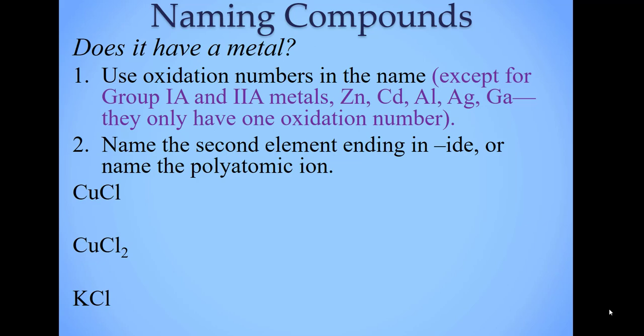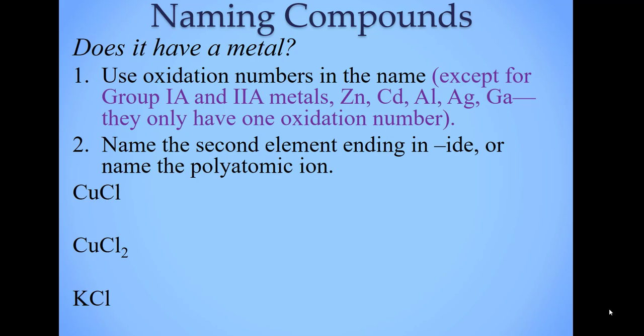Naming compounds. When you're looking at the formula of the compound that you need to name, you need to look and see if it has a metal. If it has a metal, it'll be right there at the beginning, and if that very first element is a metal, then you're going to name it the following way. You're first going to use the oxidation number in the name. So you'll write the name of the metal and then the oxidation number, and you will write that oxidation number